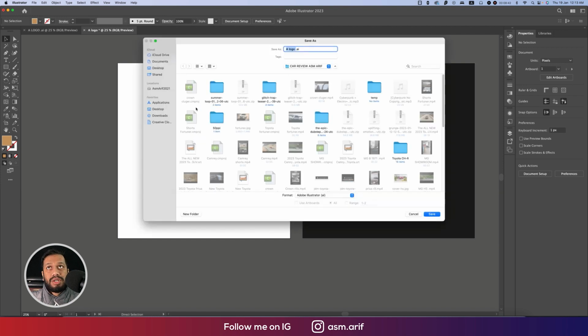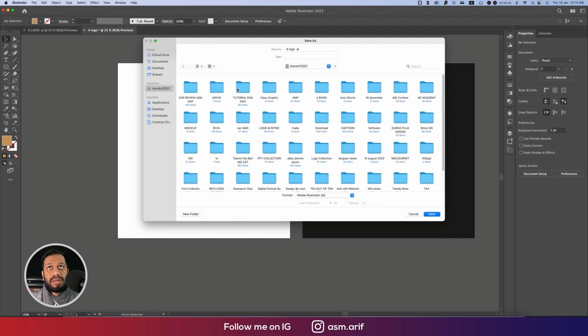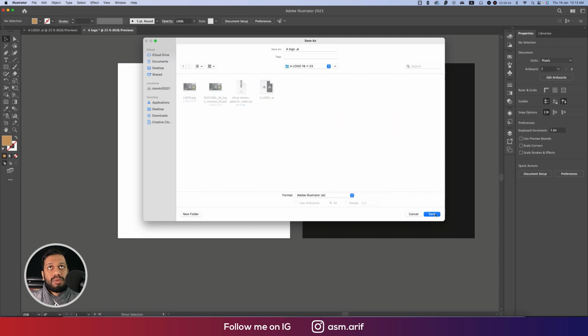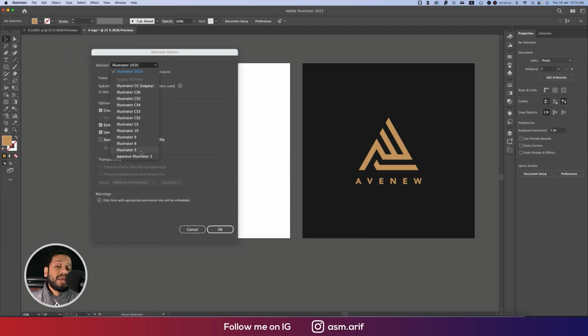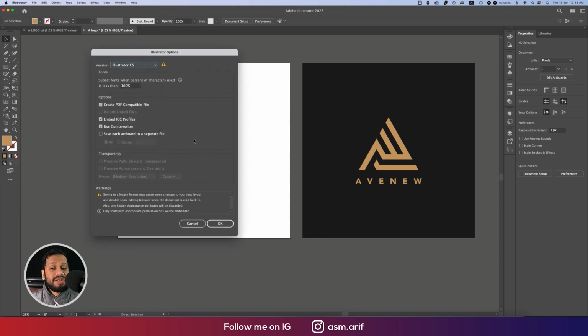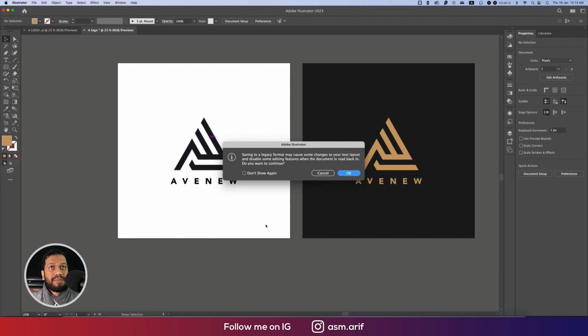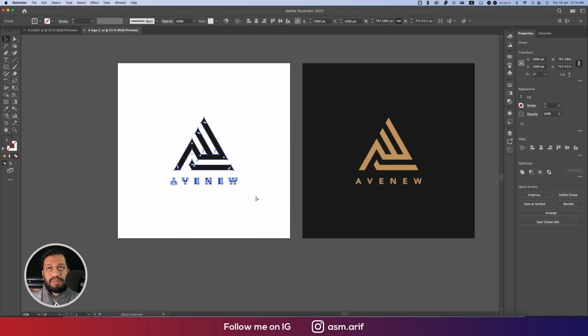So save this project in your directory anywhere if you want. Suppose here I'm using the A logo. That's good. The name is replaced, that's why I'm providing the rename like this and saving this. And you can choose any sort of format. That means if you want to provide this one to a vendor, ask the vendor which version of Illustrator he or she is using, and I'm just using CS because this one is the safest version or safest way, and hit OK. That's good. And now we'll copy this project, actually this logo name and everything, Ctrl Command C, and